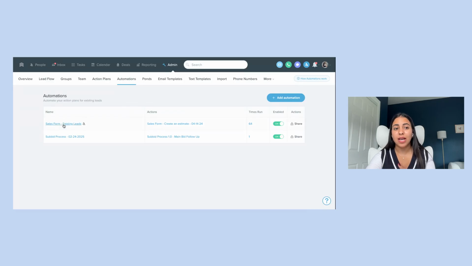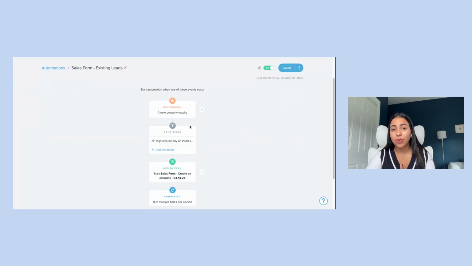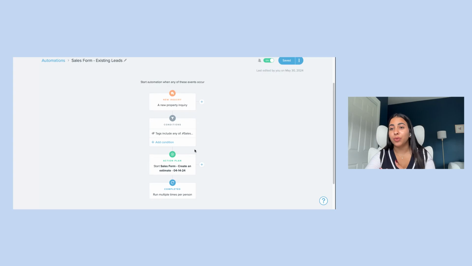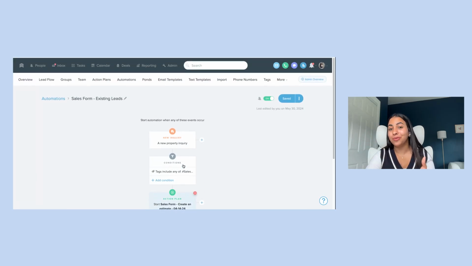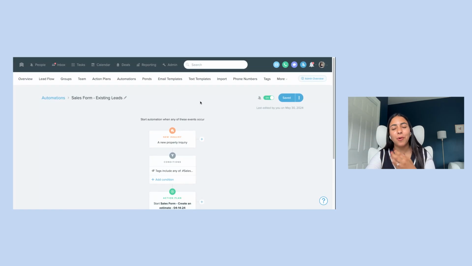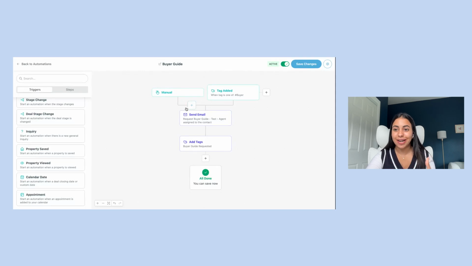So this is the previous automation that we used to have. Taking a screenshot of your previous automation will help, just so you're aware of the condition of the new property. I don't know if you could copy and paste, so just so you know the name, the trigger, the conditions, just so you have these steps. I think it will be good, and put it in a spreadsheet or take a screenshot, whatever works for you. But save it, and then when you migrate, at least you will have this data